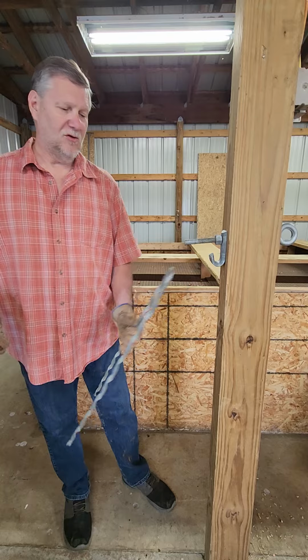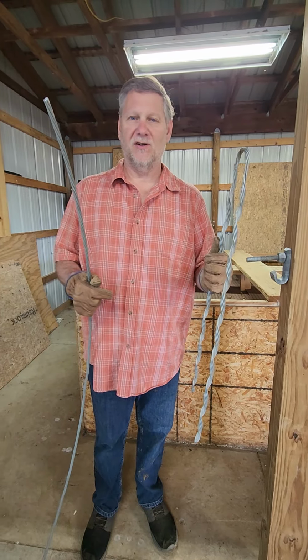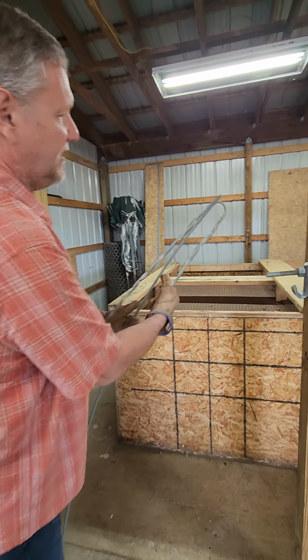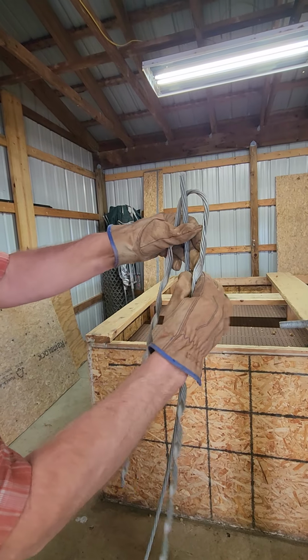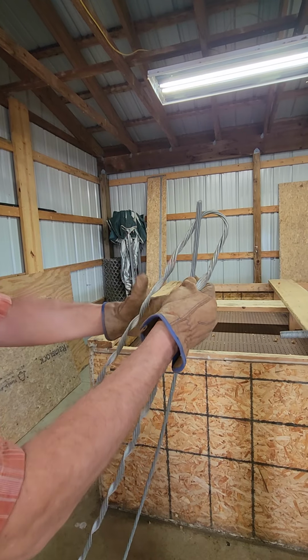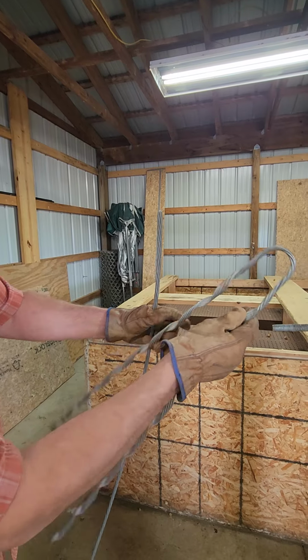Alright, so looking at the dead end, the way the dead end works is the cable is here and we connect the cable to the dead end by keeping the cable a little bit longer than the dead end. So you want it maybe 1 inch longer, just so it has something you use as pressure to wind it up. So with it there, you can see there's loops here, and this is where we're going to loop the